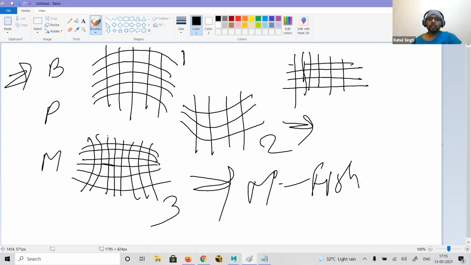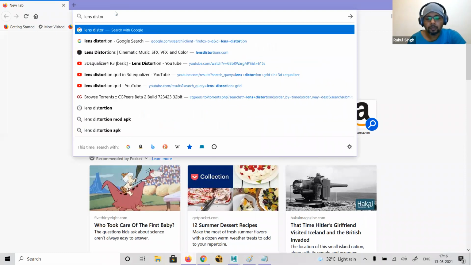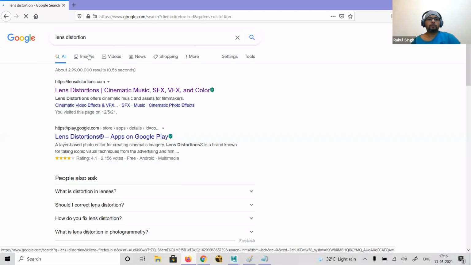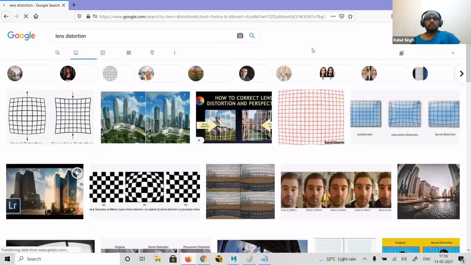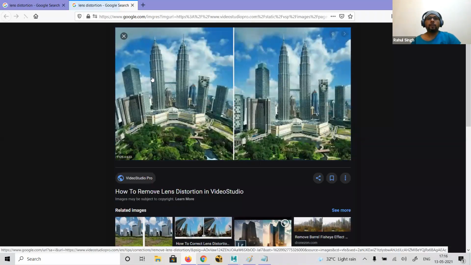How you can find it is very simple. You can see this image, and you will find that there is a distortion present.